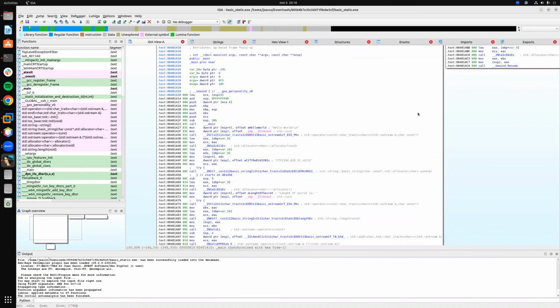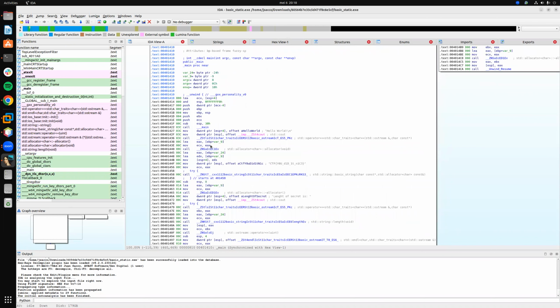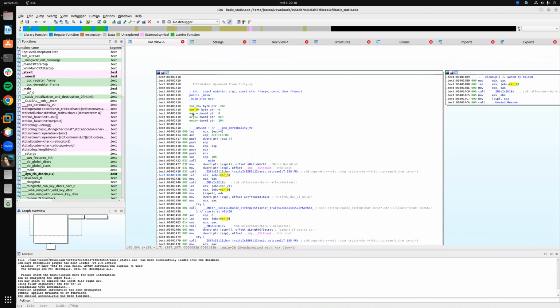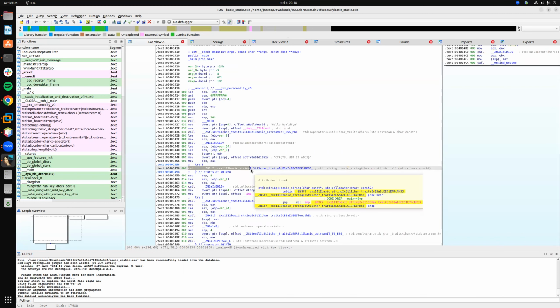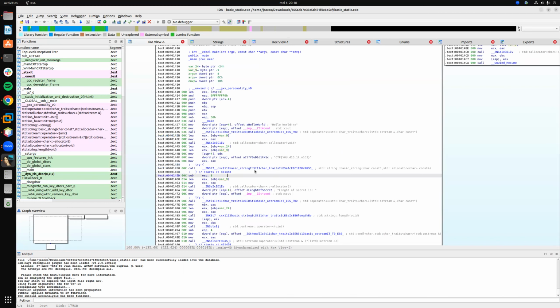You will see that you have variables that are set here, some dynamic variables, and also some interesting functions that will be called. They are interpreted by the decompiler, and the compiler has assigned a name to them,